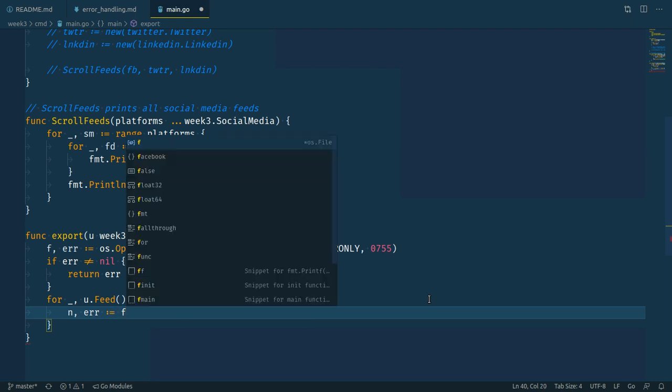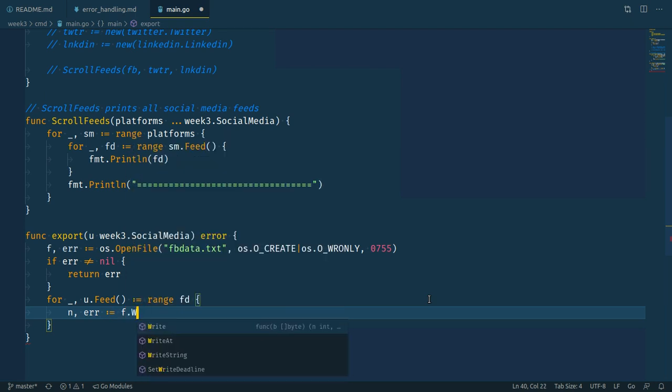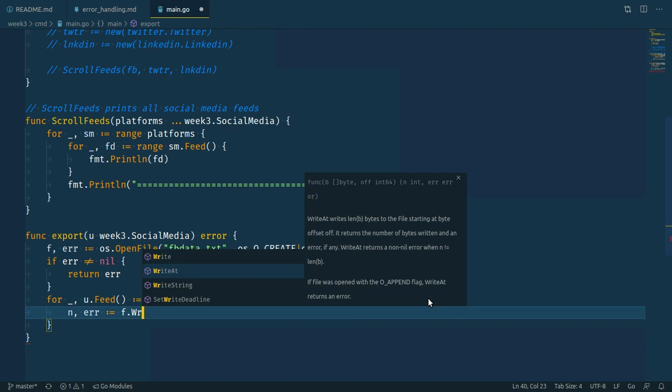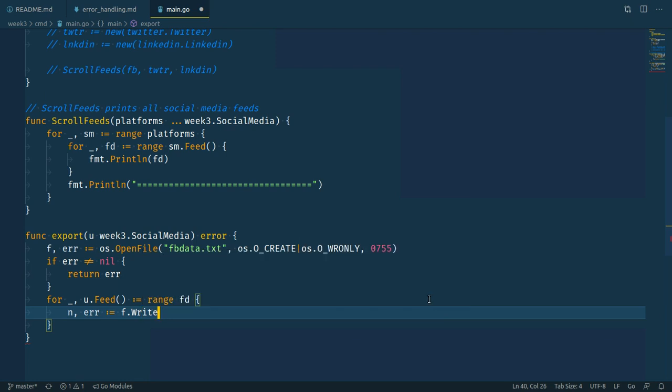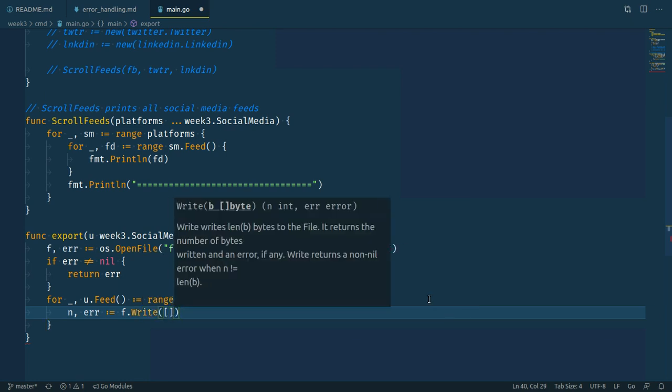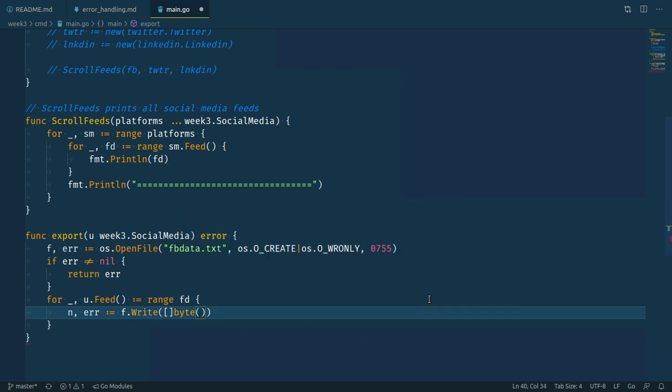So we use f, which is our file descriptor, we use the write function. There are a couple of other functions here. You can use WriteString or WriteAt, which makes it possible for you to select a position where you want to write your data. The write function takes an array of bytes. So to convert our feed to bytes, we'll simply use the inbuilt byte function, call it on